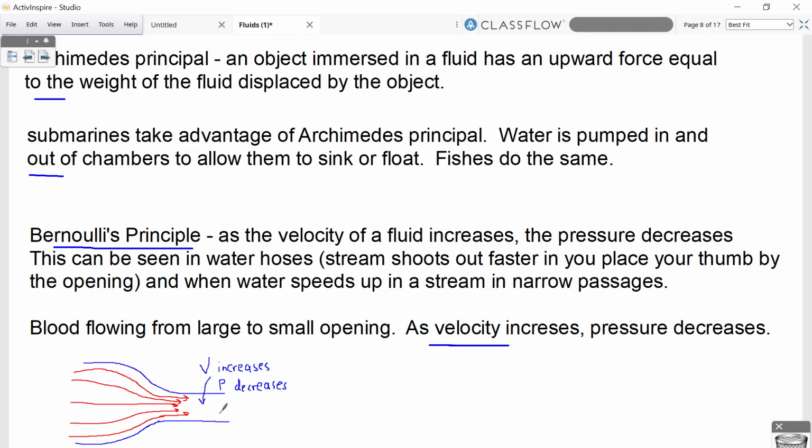So if you have a garden hose, right? Garden hose, and the water's coming out, if you put your thumb through here, you can make the velocity go faster, right? It can shoot out faster. As the velocity is increasing, the pressure is actually decreasing, and it works in the opposite direction, okay? So if you have the velocity decreasing,